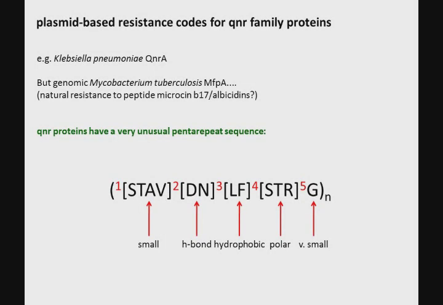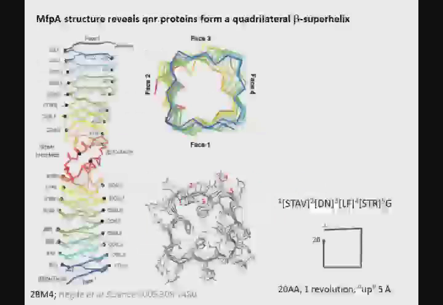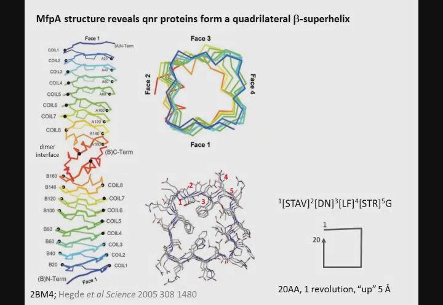Anyone without looking at the handout want to postulate why? So nobody saw this coming, right? This is an amazing example. Nobody could have predicted this. And when they solved the structure of a QNR resistance protein, people got super excited. Right? So that repeat region